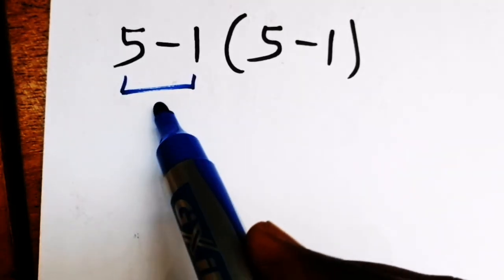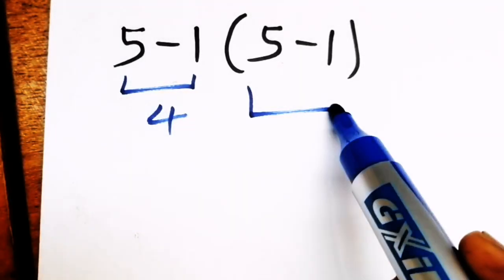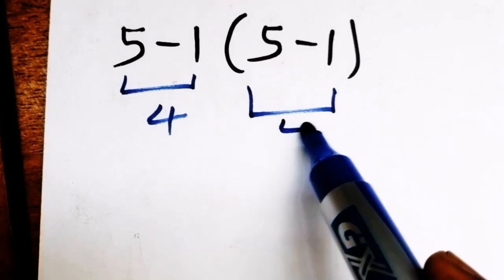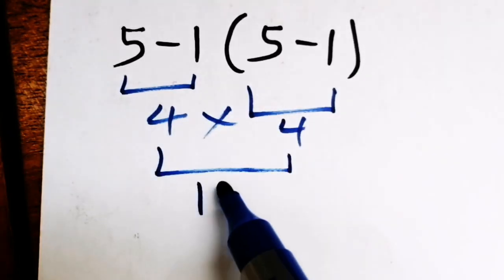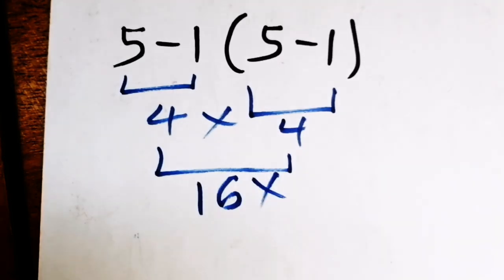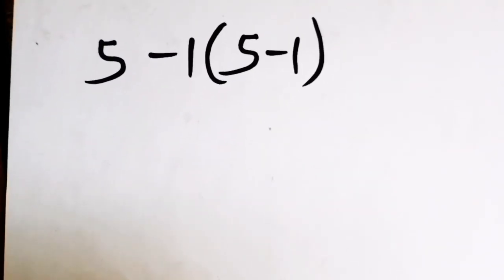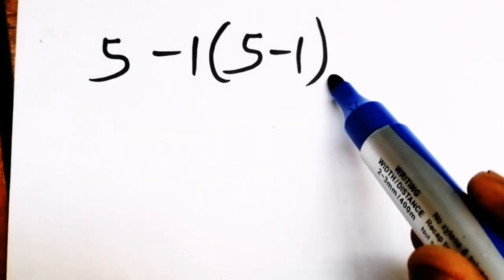5 minus 1 which equals 4. Here, 5 minus 1 in the parenthesis also equals 4. Then 4 times 4 which equals 16. Okay, but this answer is not correct because according to the order of operations, PEMDAS, first we have to do